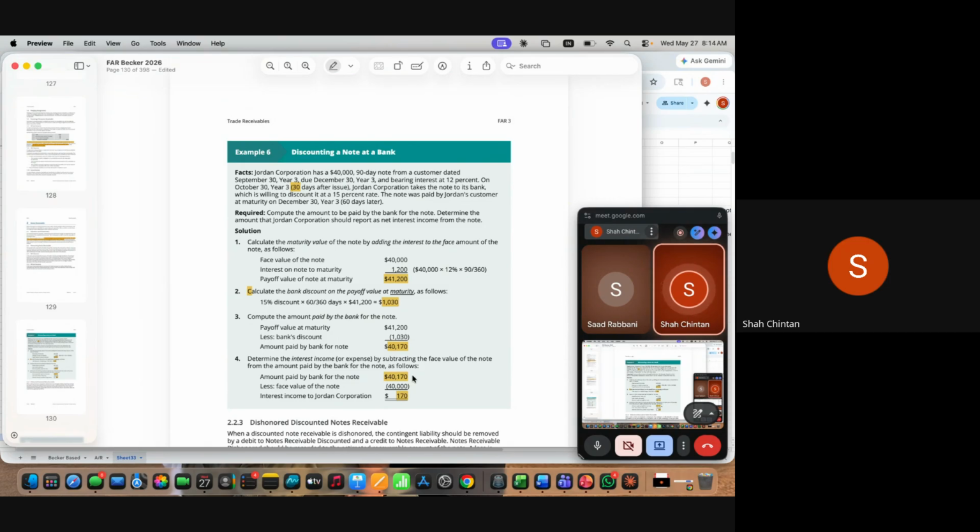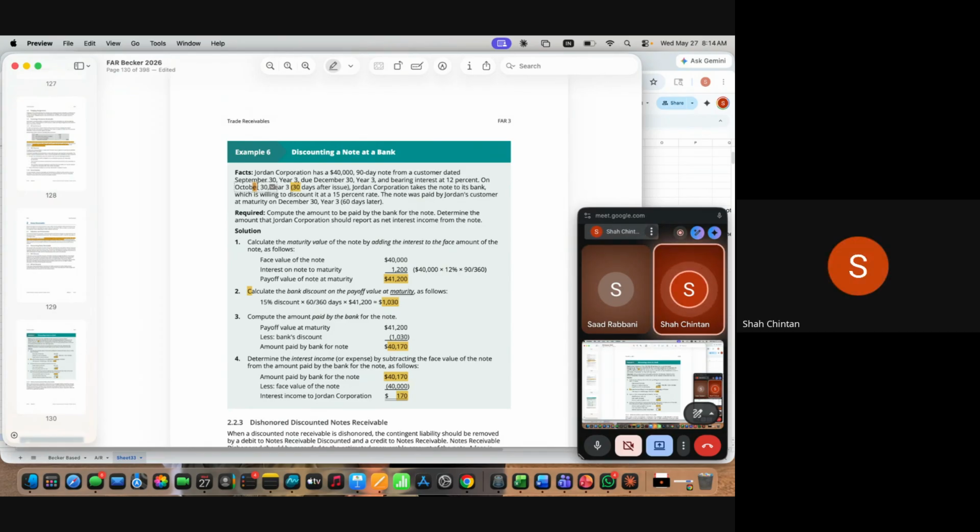So बैंक क्या बोल रहा है कि मुझे तो 30th दिसंबर को पैसा मिलेगा 41,200 now from the customer, but I want to earn a 15% on this। तो मैं कितने दिन आपको जल्दी पैसा दे रहा हूँ? 60 days। So for 60 days period, bank is earning a 15% interest on this। So 41,200 it's receivable for the bank, into 15% they want to earn for how many days? 1st October से लेके 31st of December, which is 60 days out of the entire year। So they are going to earn further 1030 from us।